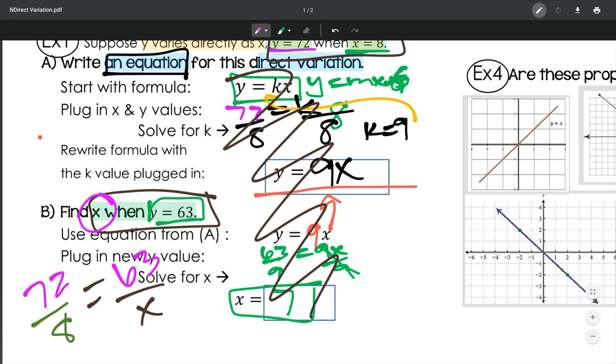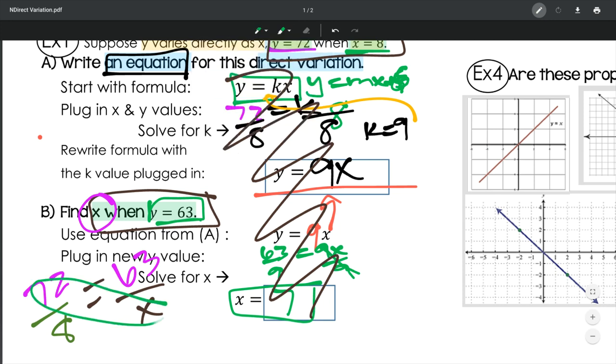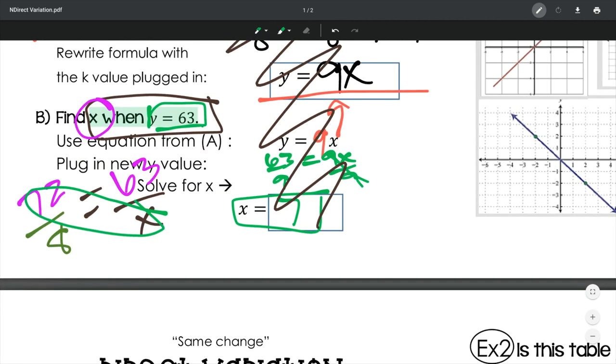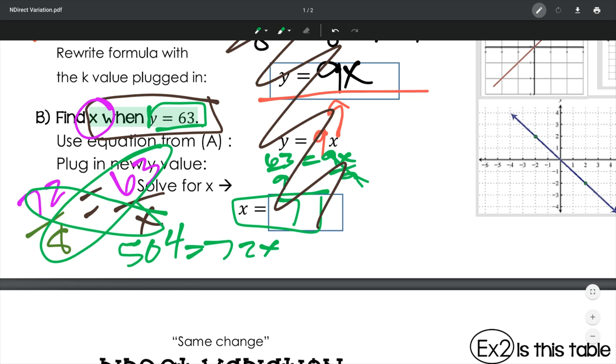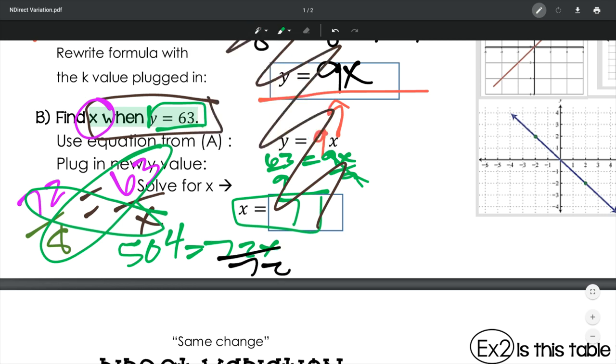And all you're going to end up doing is cross multiplying. So we get 72x equals 63 times 8, which if I did the math right in my head, hopefully, you should get 504. You're going to use inverse operations and divide by 72. And you should still get, again, if Miss Samji did the math right, x equals 7,